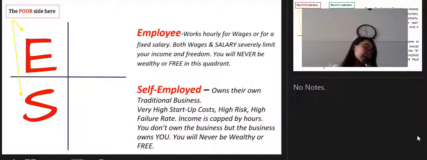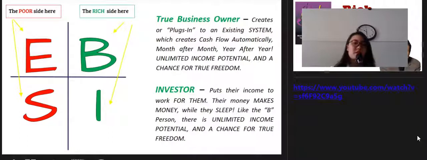On the other hand, his rich father wanted him to be a business owner and learn to be a professional investor. The difference between the E and the other three quadrants is the tax law in 1943 in America. The federal government wanted the employees to pay the tax before they got paid.